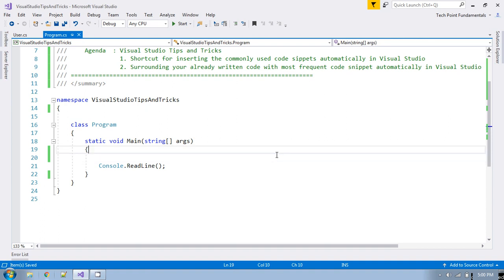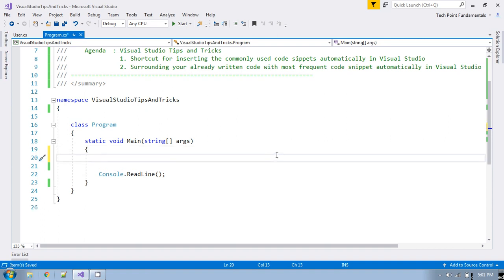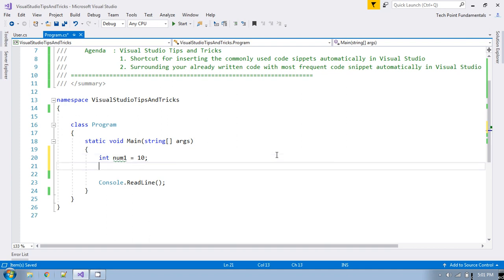So suppose I have written some code like integer num1, and I am initializing all the values here, but you can also define a method and read this parameter as user input.